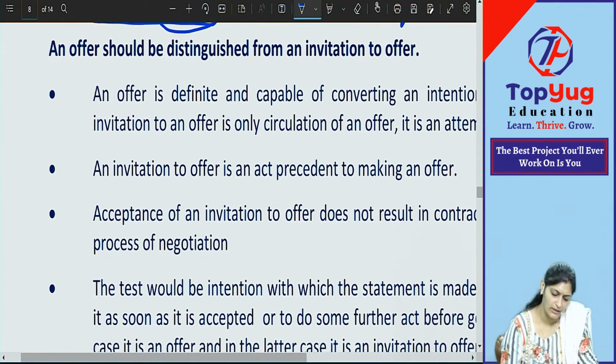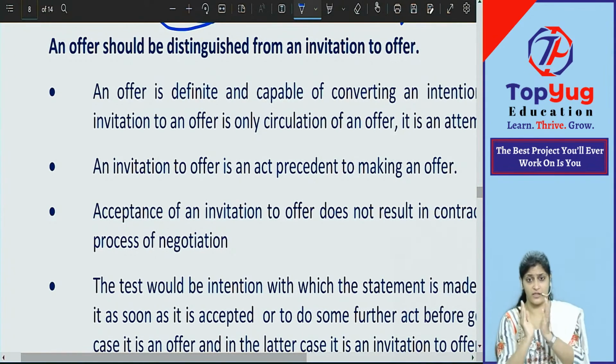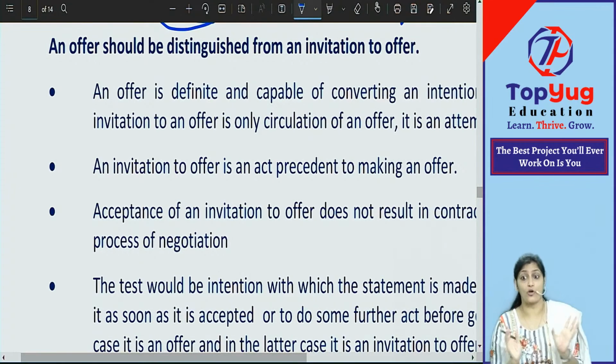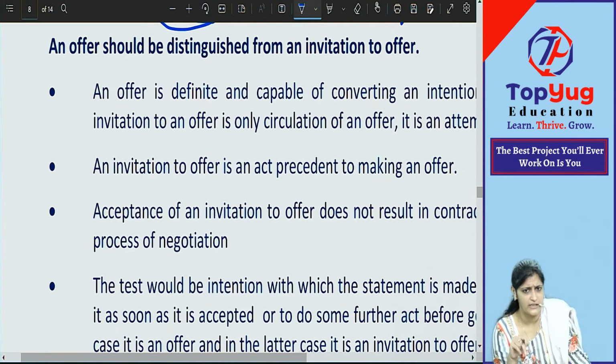Okay. Now, whatever we are going to discuss now is going to be very, very important. Briefly, I am going to tell you the outline of it. In detail, we are going to see in the next class. Whatever we have discussed just now, the same thing we are going to discuss again.